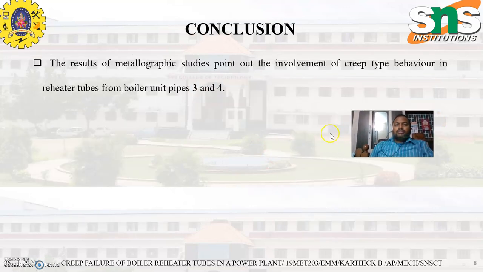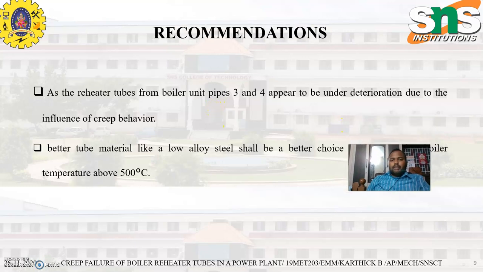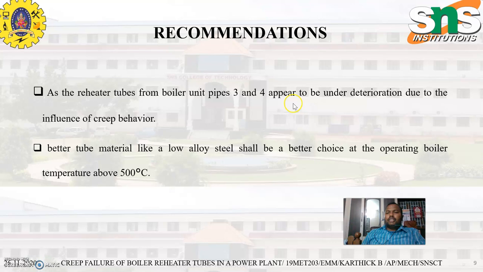Coming to the conclusion part, as the result of metallographic examination, there is the involvement of creep type behavior in the reheated tubes of boiler unit pipe 3 and 4. The recommendation is that as the reheated tubes of boilers 3 and 4 appear to show deterioration due to the influence of creep behavior, it is better to have a material like low alloy steel as a better choice for operating boilers above